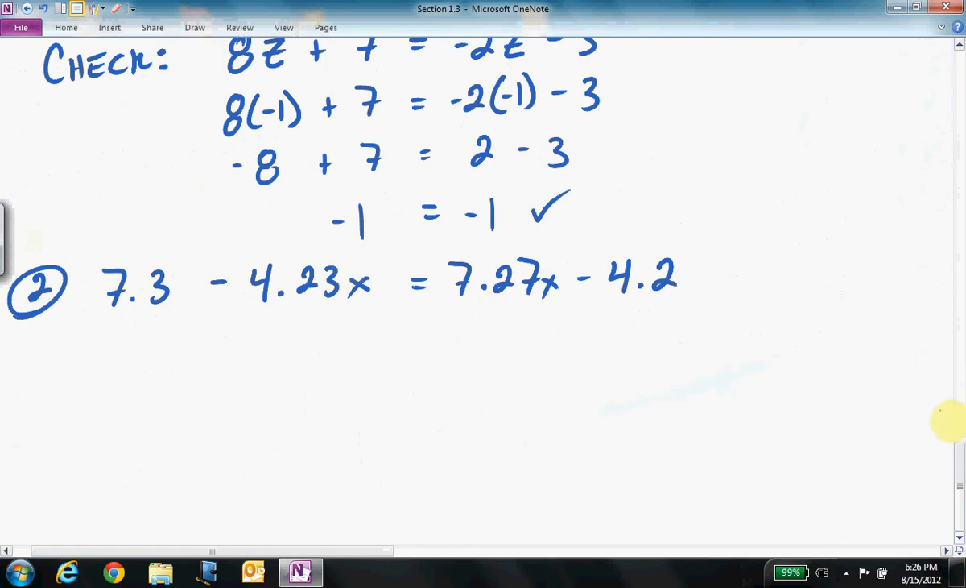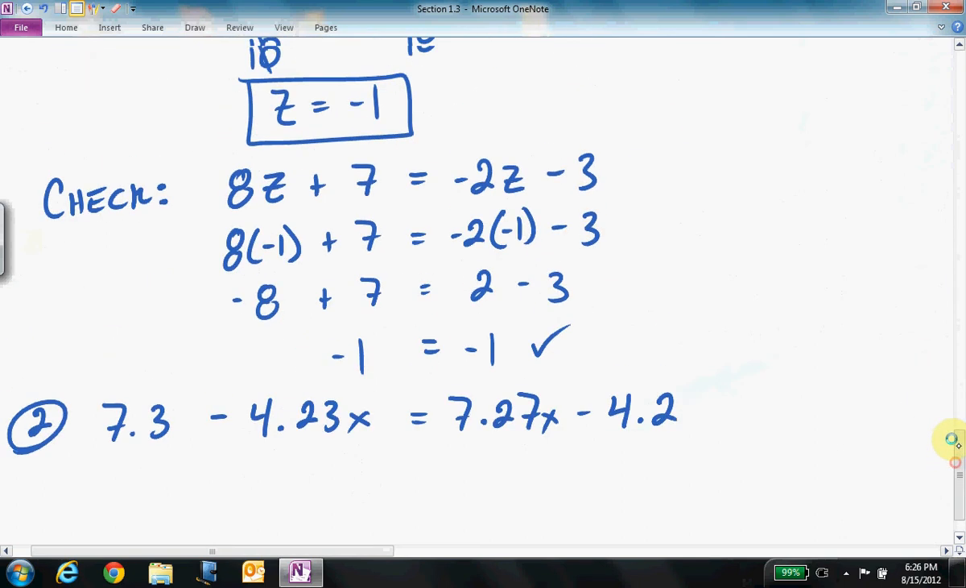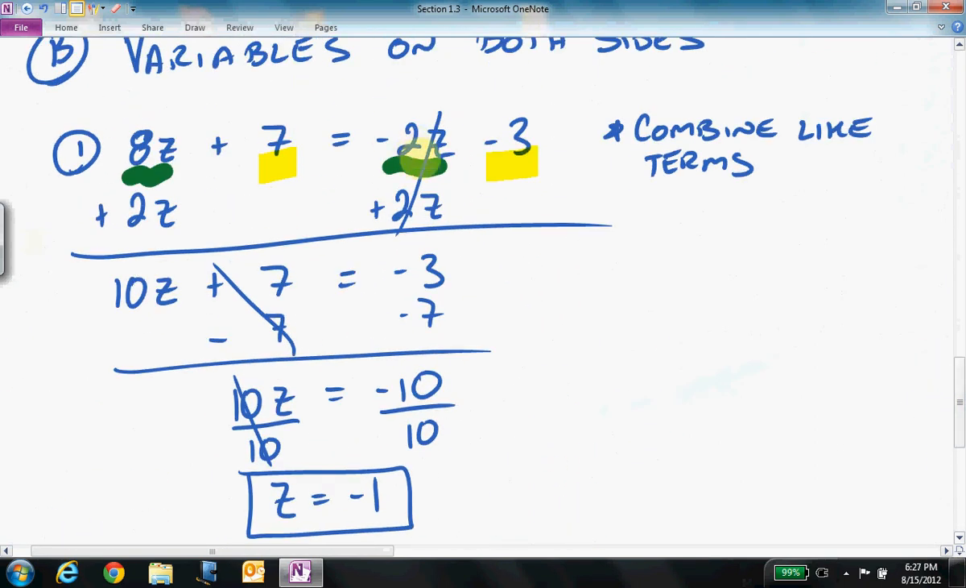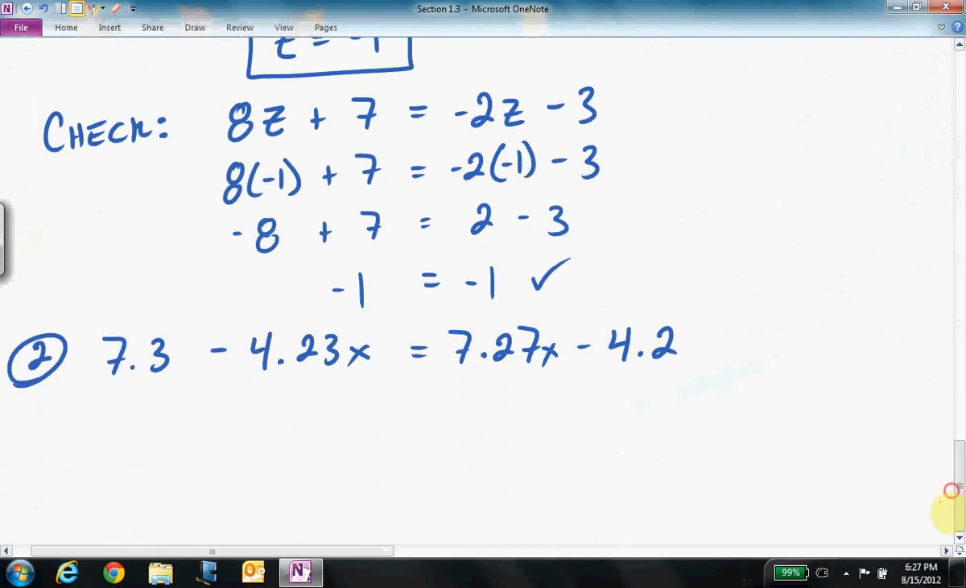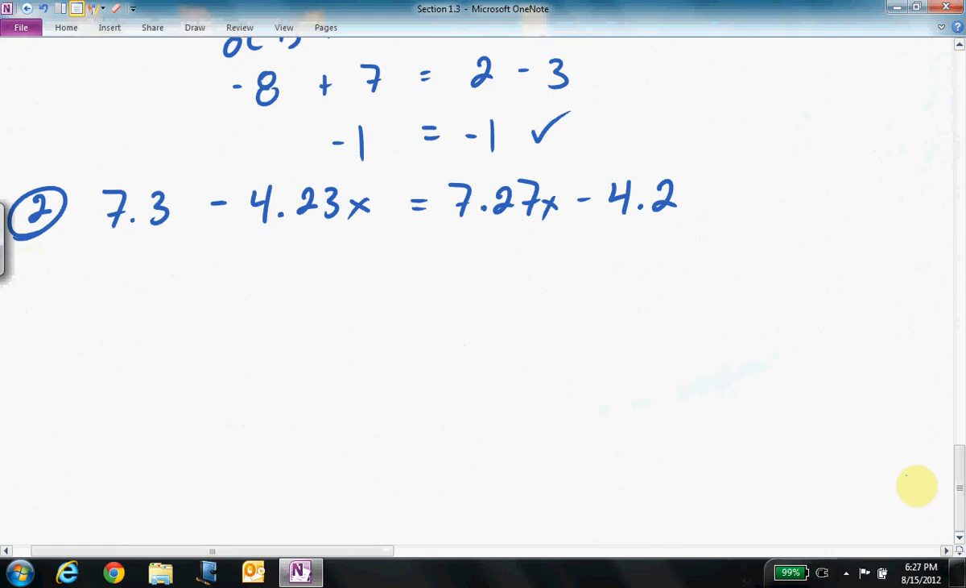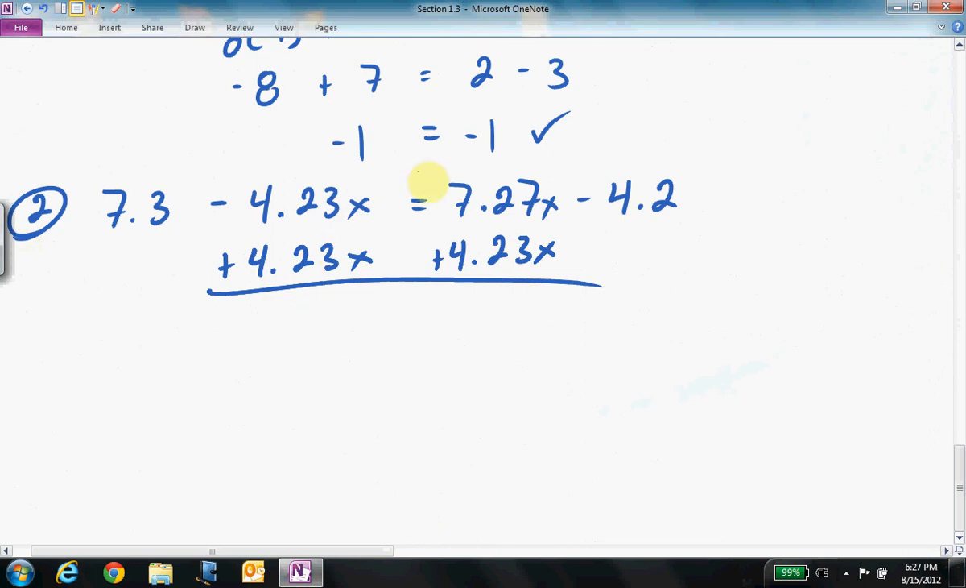So I'm going to start by bringing this. In the previous problem, we brought the variable from the right side to the left. Now, I'm going to bring it from the left side to the right to show you that you can do it either way. So I'm going to add 4.23x to both sides. Notice I'm lining up my decimals so it makes math easy. So I'm going to add all these, and I am going to get 11.5x